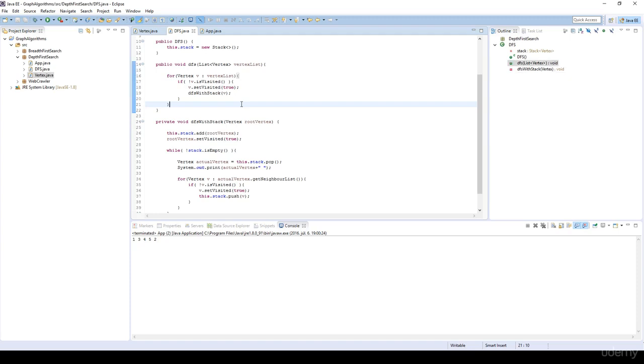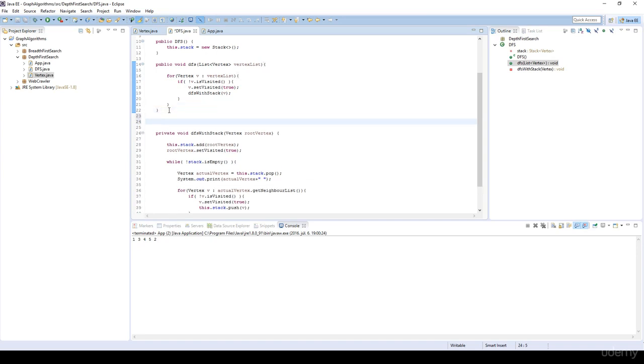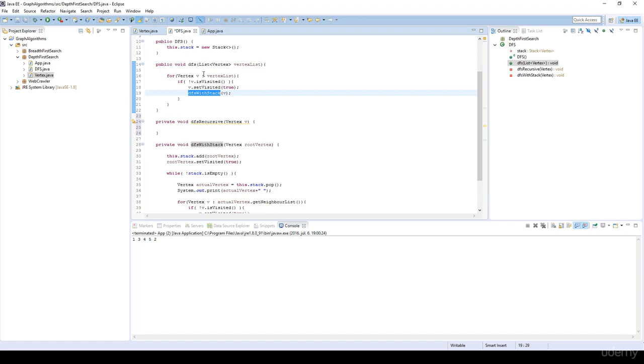Hi, in this video we are going to implement depth-first search with the help of recursion. So I'm going to have a private method, private void DFS recursive. It's going to wait for a vertex. Here I'm going to call this DFS recursive because we can have as many clusters again as we want. And no matter how we implement this depth-first search with recursion, if there is more than one cluster, we have to